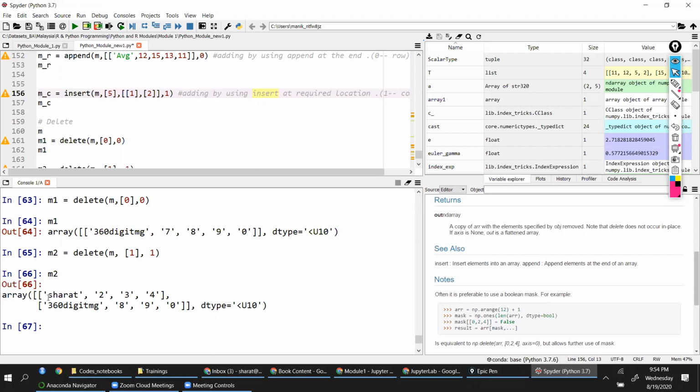Delete means you're deleting based on the index. And index will remain common whether it is rows or columns. That's basically, I'm talking about index starting from 0. Whether it is column or rows, index will always start with 0 in Python.